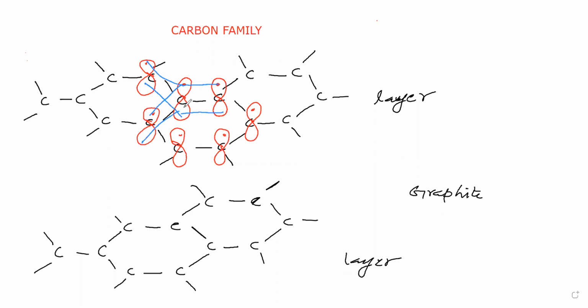Now, this delocalized pi electron cloud is present above this layer and below the layer. Above and below the layer, we can say. In the same way here also. So in this way, the graphite structure will be there. So we are saying the graphite structure is a layer-like structure. So, now, what about the bond length in this one, that we will see?